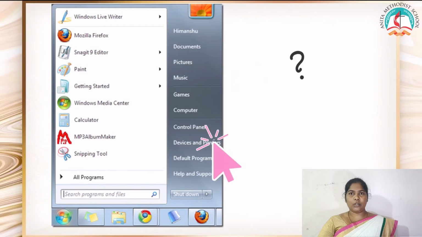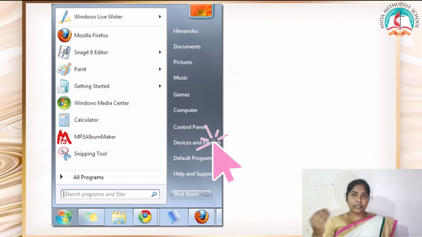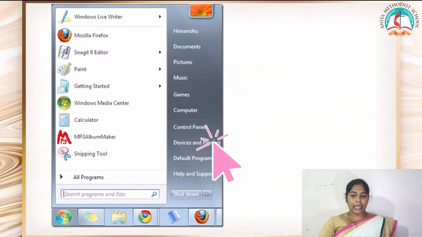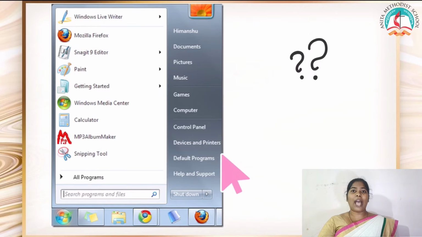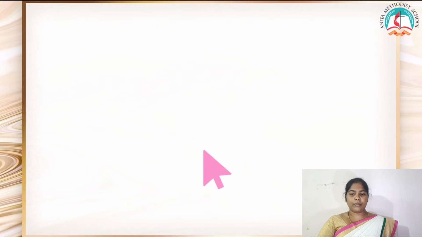Devices and printers: when you click devices and printers, it will show what devices are connected to the computer and how they have been connected. Or if you want to activate some of the devices or a printer connection, you can click on devices and printers.